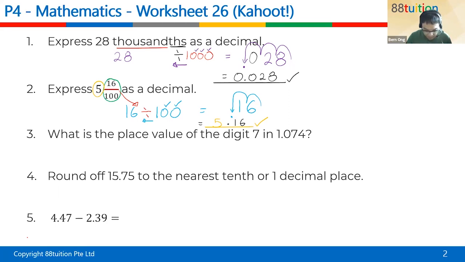Let's take a look at this question. They're looking for the place value of the digit 7. 7 is down here, right? Remember me telling you, the number before the decimal is called the ones place. And ones is like the mirror, last week I did say. So the 0 is actually the tenth place. So the 7 is the